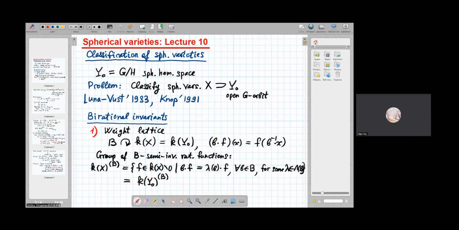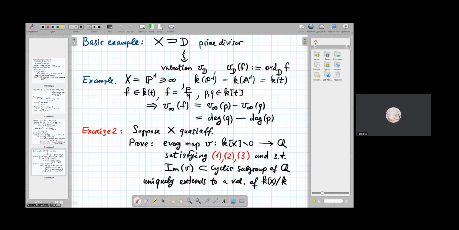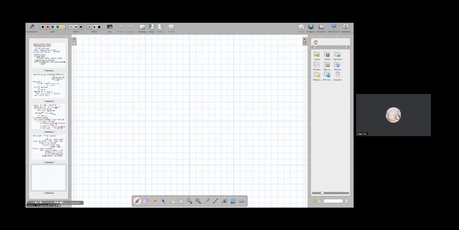Okay, so I think we can continue. So this definition of valuation was very general, but now let's come back to the spherical case. So if X is spherical,